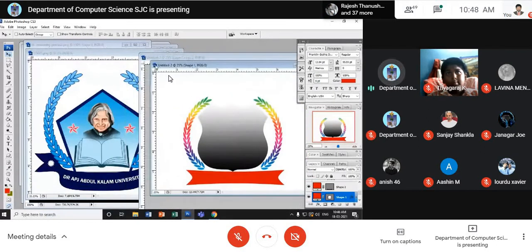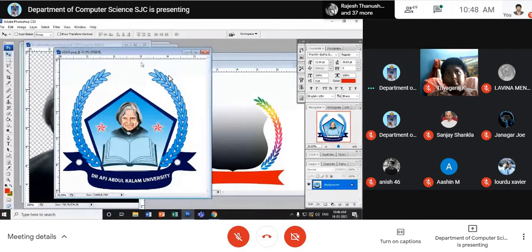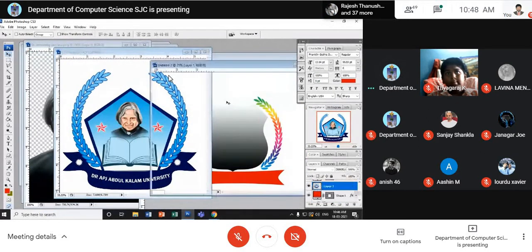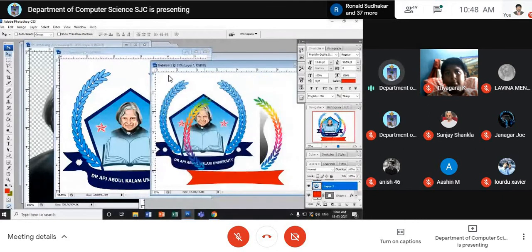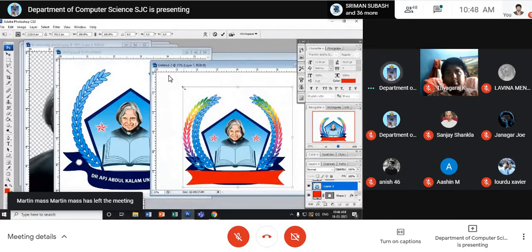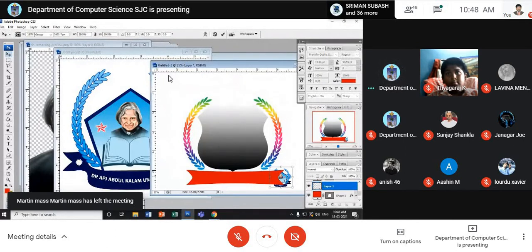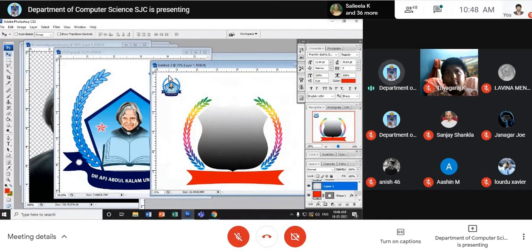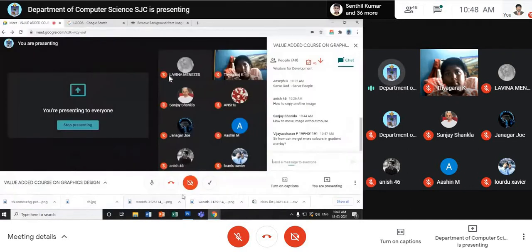Okay, so far we have designed this logo, Kalam's logo, right? See here. Am I clear to you? If you are designing for your institution, maybe invitations, you can keep it in the corner. See, I can keep it in the corner. See, it looks like a logo, right? Maybe Dr. Abdul Kalam's University. Am I clear to you? See, a small one. Okay, right. Now it is for you to have hands-on.